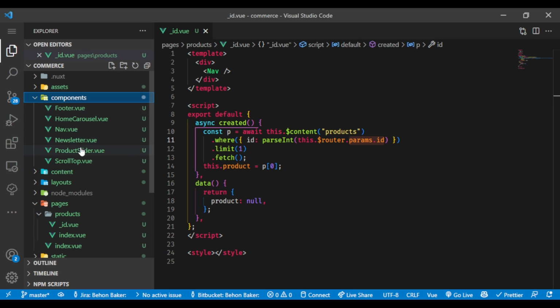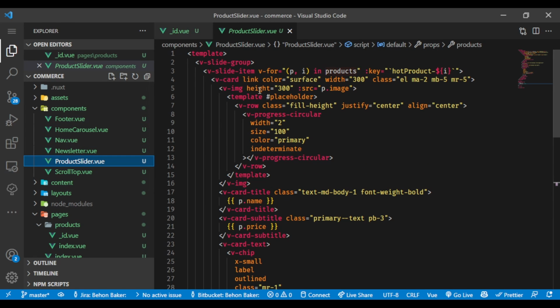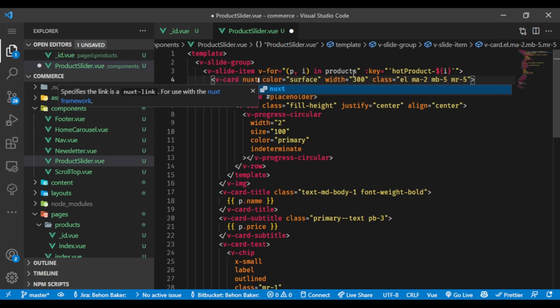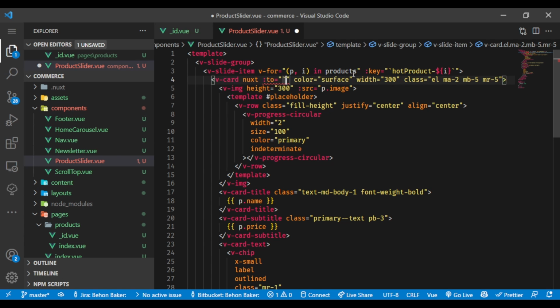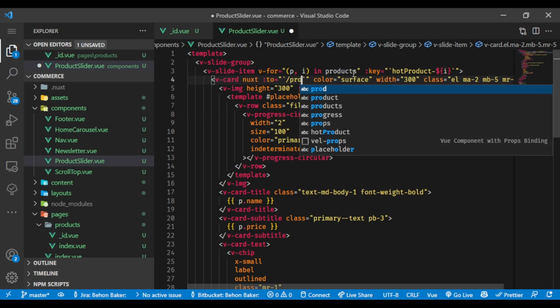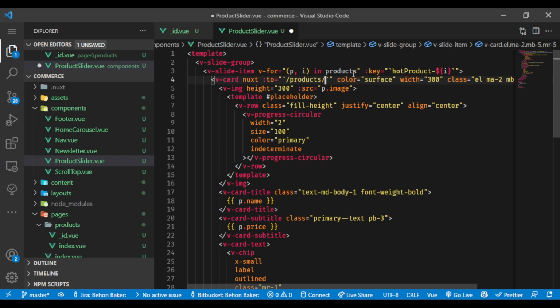So let's go to the product title, and on this card we can just add nuxt to, and we want to go to products slash the product ID,